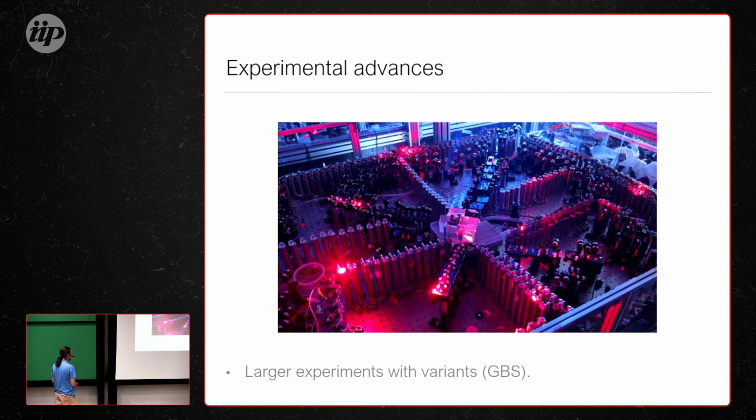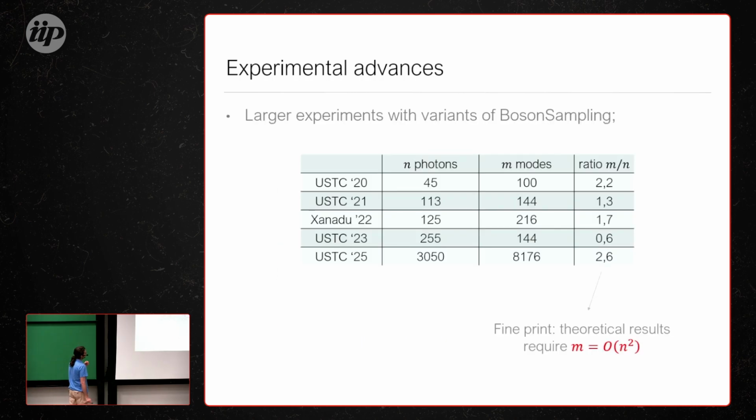And I was taken by surprise a few weeks ago. I wasn't really taken by surprise because I had heard it through the grapevine, I had a friend who went to a conference where he had seen this paper, but when it came out on the arXiv, it was super impressive. A group in China made an experiment in this Gaussian boson sampling setup with 3,000 photons in 8,000 modes. This is gigantic, right? This is extremely impressive. Compare it with the 3 photons in 2012. This is an amazing evolution for this field in about 10 years.